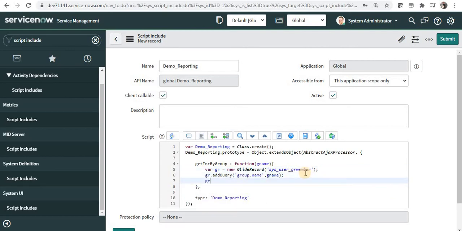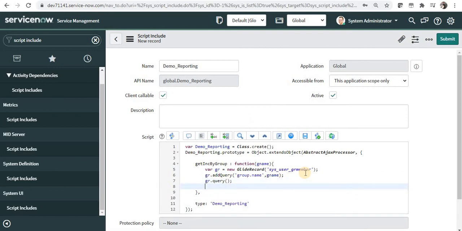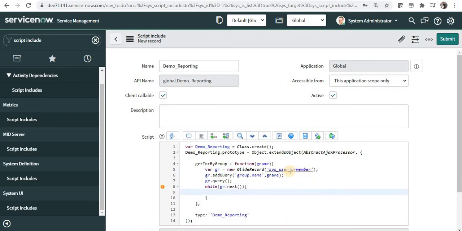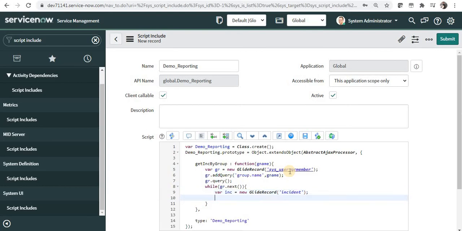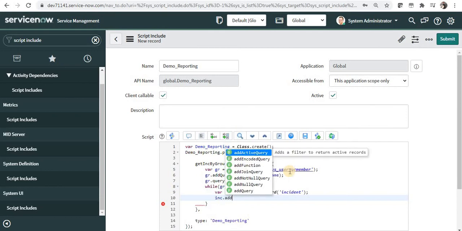Next I will say gr.query, and then while gr.next. This glide record will fetch each and every member of that particular group, and then we will find each and every incident raised by that member. For that I will use var inc equal to new GlideRecord, incident, and then inc.addQuery,